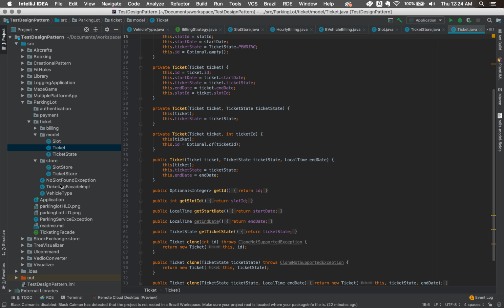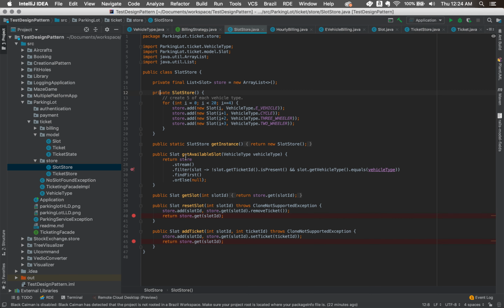And moving ahead, there is a slot store. I have kept this open for the viewer to make this a singleton instance, and here I have created a very basic state where I have added the slot details. Now here we see another opportunity. Since it is very hard coded in fashion here, what could we have done? We have already discussed in our design that the changes in the slot will be handled by the admin.